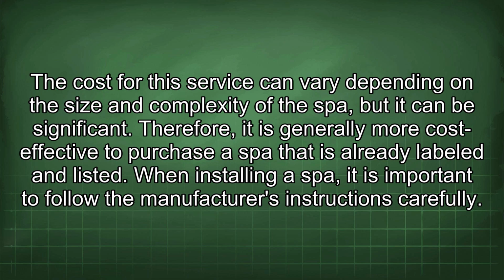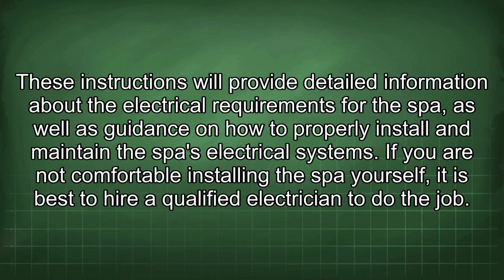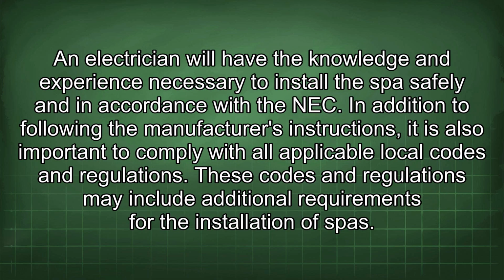When installing a spa, it is important to follow the manufacturer's instructions carefully. These instructions will provide detailed information about the electrical requirements for the spa, as well as guidance on how to properly install and maintain the spa's electrical systems. If you are not comfortable installing the spa yourself, it is best to hire a qualified electrician to do the job. An electrician will have the knowledge and experience necessary to install the spa safely and in accordance with the